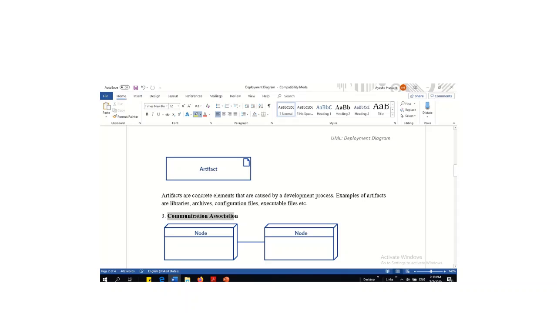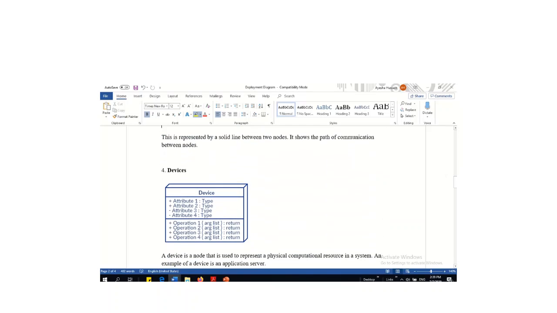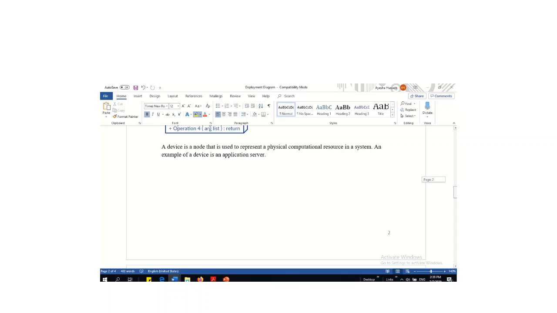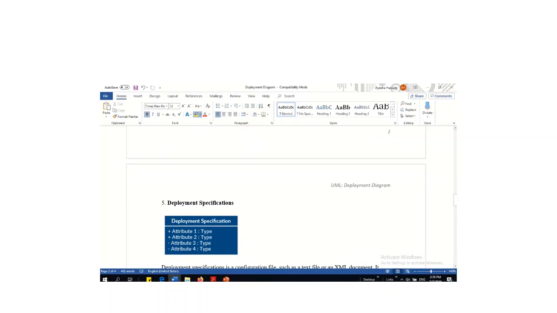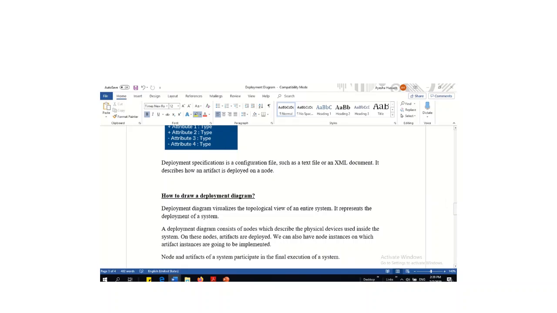We will show communication associations and devices used in the system, and after that we will see deployment specifications. These are all the notations that are used for deployment diagram creation. And after the deployment diagram notations, we will see how we can draw deployment diagram, an important aspect to learn